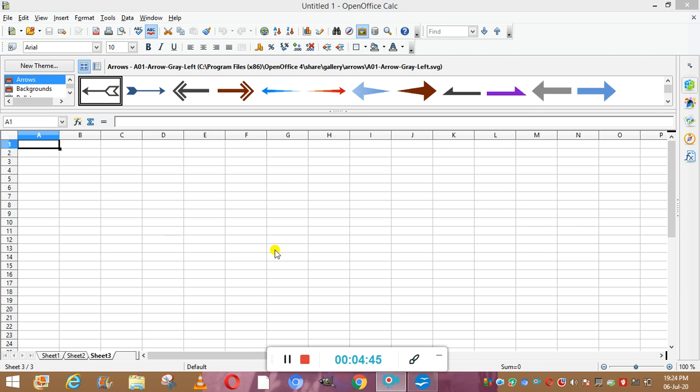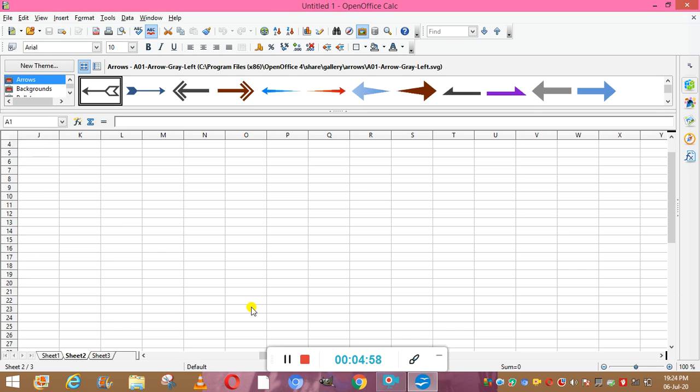So a workbook is a multi-page document, and each page in a workbook is called a worksheet, and the active worksheet is displayed in the document window. Like you can see, if in sheet 2 we are working, that means it is the active worksheet. And remember always that by default the name of the workbook will be Untitled 1.